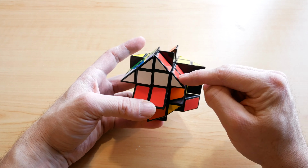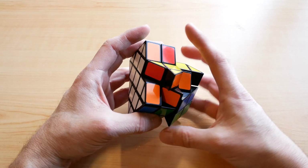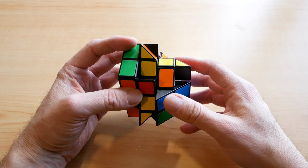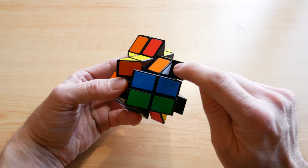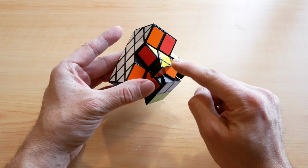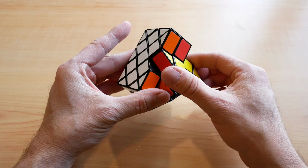Okay, slide that white red in, and then bring it up. No big deal, easy. Same thing for the white orange. Here's the white orange. This white orange belongs right here. Just keep it directly below where it needs to go, and just do your